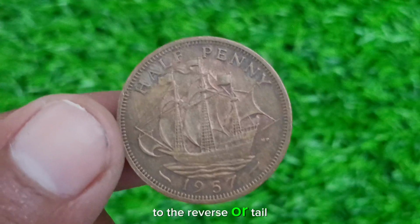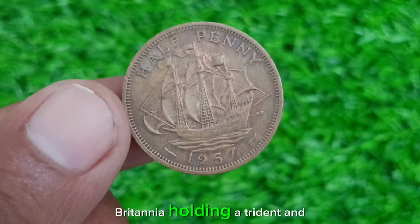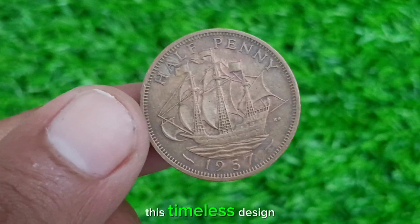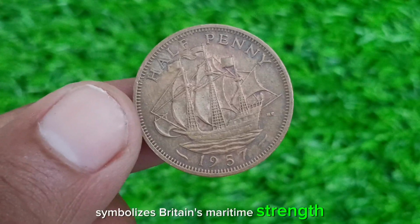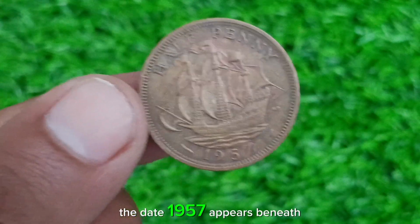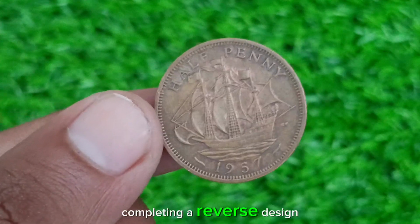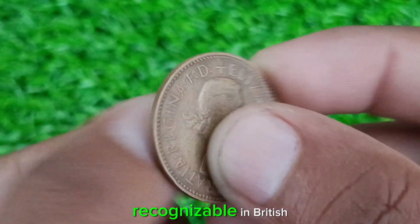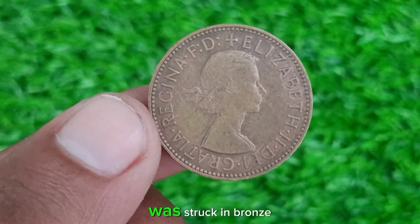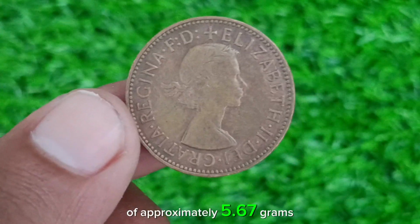Turning to the reverse, or tail side, the coin displays a familiar seated figure, Britannia, holding a trident and shield while gazing towards the sea. This timeless design symbolizes Britain's maritime strength, national resilience, and proud heritage. The date, 1957, appears beneath Britannia, completing a reverse design that has become one of the most recognizable in British numismatic history. The 1957 British halfpenny was struck in bronze and has an official weight of approximately 5.67 grams with